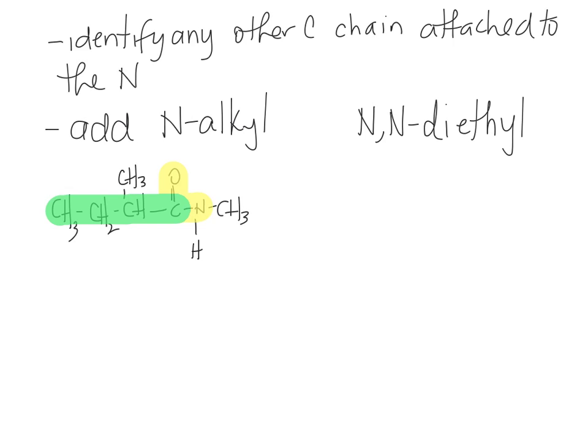So the 4 carbons means that it's butanamide. So it's butane with an amide, butanamide, and we have a carbon attached to carbon number 2 of that 4 carbon chain, because the C double bond O is always number 1. So that's 2-methyl